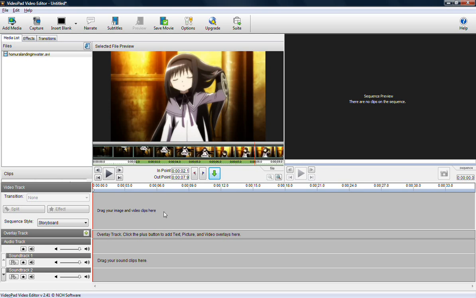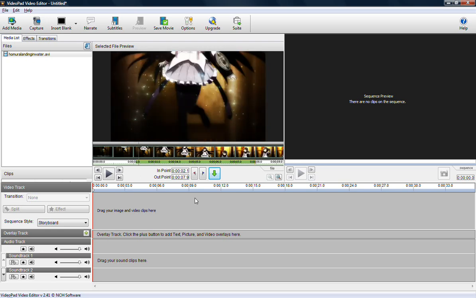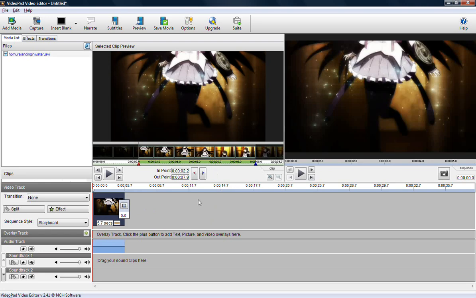Now, if you decide that you want to change your in and out points, all you have to do is repeat the process of selecting where you want your clips to begin and end with the cursor, and click the respective flag button. Now your clip's ready to add to the storyboard with the green arrow. Voila!